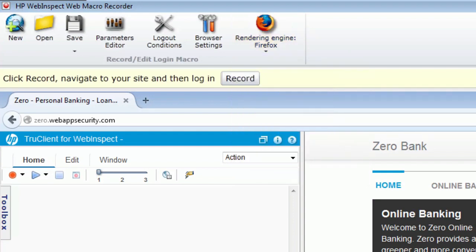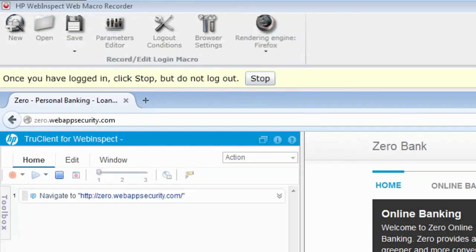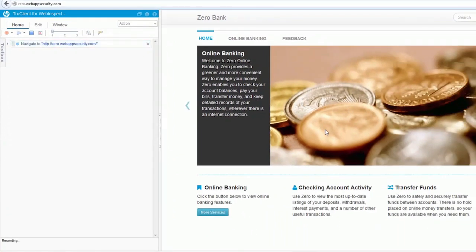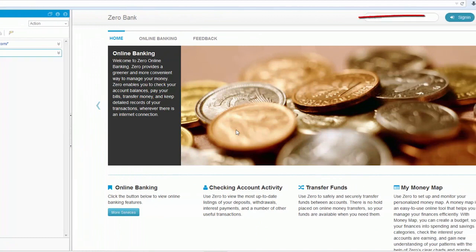We recommend for WebInspect Firefox because Firefox is also used for this specific tool in order to create the macros. In other words, it is more transparent for this tool when it is rendered in Firefox because it knows the APIs and all the design was based on this browser. So once we are here, we're gonna say, okay, record. That means it's gonna start recording whatever we do. You can see here it says navigate to this website. From here we say click on sign in,